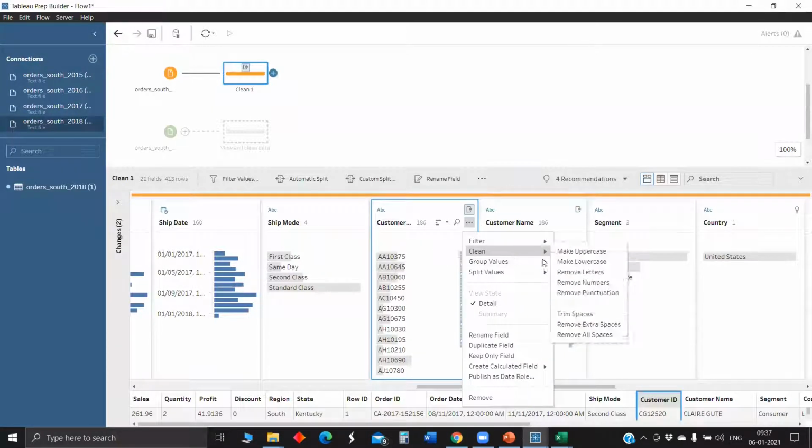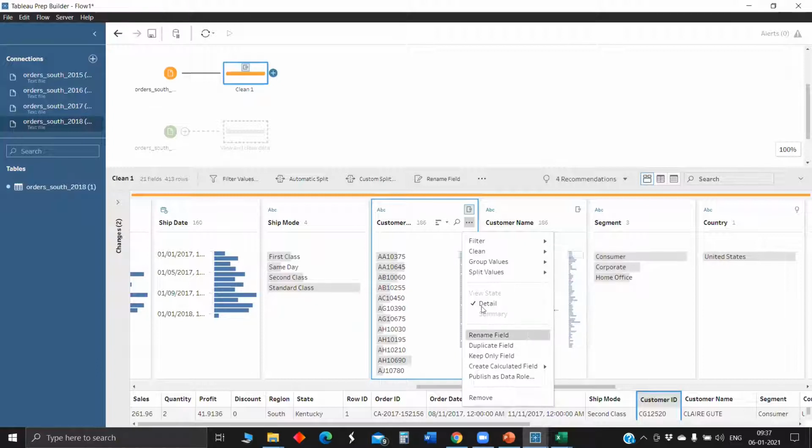If you would like to remove the text as well, then remove letters. And if you would like to remove numbers, remove numbers, and remove extra spaces, all spaces, and trim spaces. All these features are there to clean the fields which are of string type.